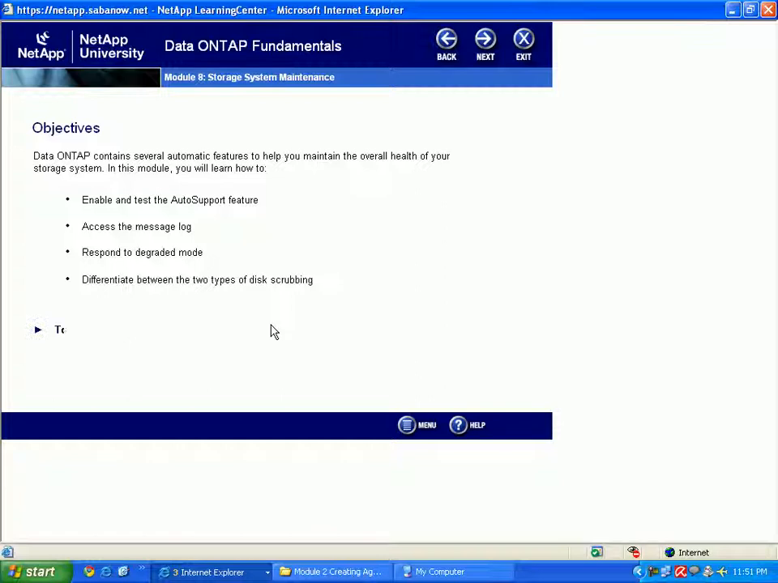In this module, you will learn how to enable and test the auto support feature, access the message log, respond to degraded mode, differentiate between the two types of disk scrubbing,